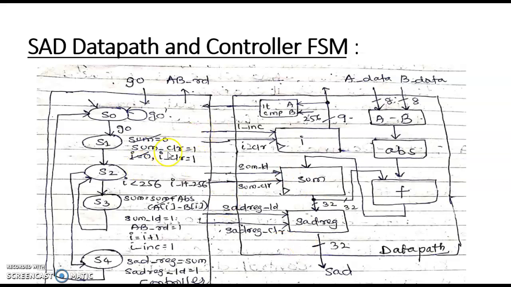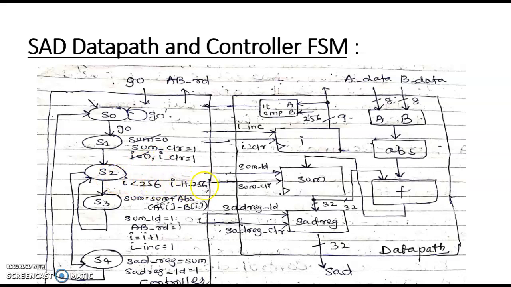Now over here you can see we are converting the high level C. We are doing the same thing. Whenever we do sum equal to 0, how do we make sum equal to 0? The controller will generate the signal sum clear equal to 1. Sum clear means this sum register needs to be cleared. So in order to make sum equal to 0, sum clear equals 1. Instead of writing sum equal to 0, here we are writing it in terms of signal: sum clear equal to 1. Here we are writing I clear equal to 1, which means you need to make I equal to 0. Then this I less than 256, what is this?